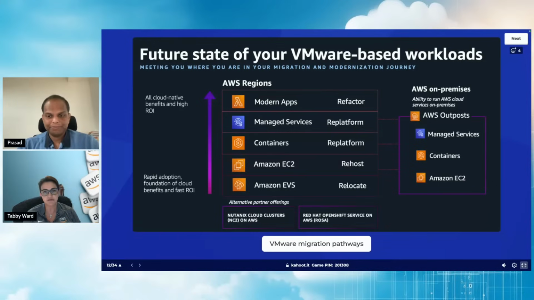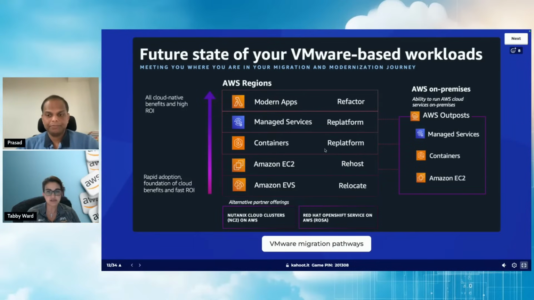The second option is obviously rehosting it on Amazon EC2. And I think the main component of this session is we get into AWS Transform and how that would accelerate this rehosting. Again, it comes with benefits because infrastructure costs will be reduced, your licensing costs, and it gives you an advantage of scalability and resiliency on the cloud, right? Another option is replatforming for the type of applications that are compatible, and you can replatform and move them to a container, either ECS, Elastic Container Service, or Elastic Kubernetes Service. Those are also a good candidate or a good option, one of the pathways.